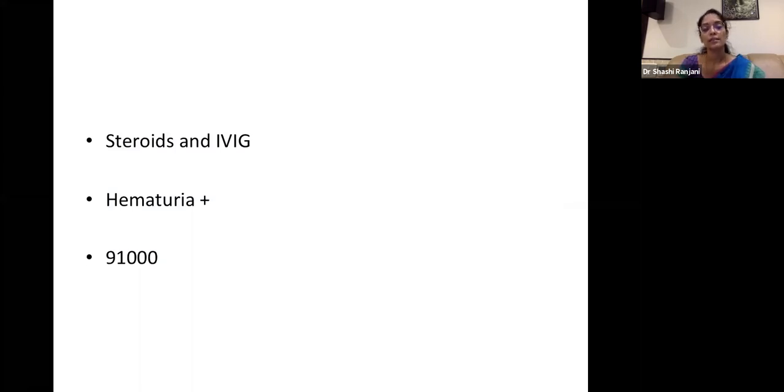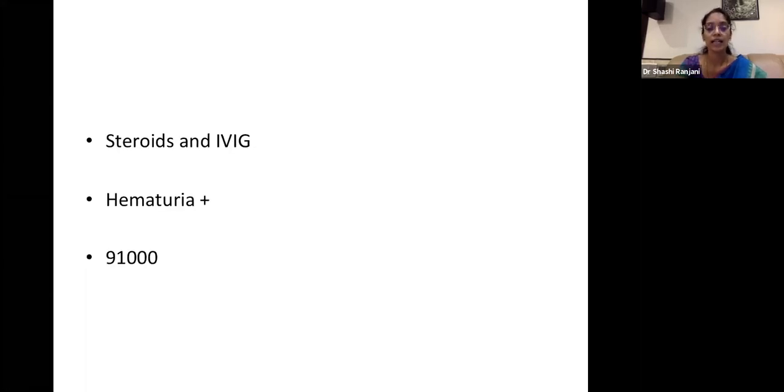So a word about immature platelet fraction, or IPF here. IPF is like reticulocyte count. What reticulocyte count is to your RBCs, IPF, the immature platelet fraction, is to platelets. In a child with ITP, if we do an immature platelet fraction and we find that it is high, then we can be assured that within the next 24 to 48 hours, the platelet count is going to improve. So it's actually a good way of anticipating what the platelet count is going to be in the next couple of days.